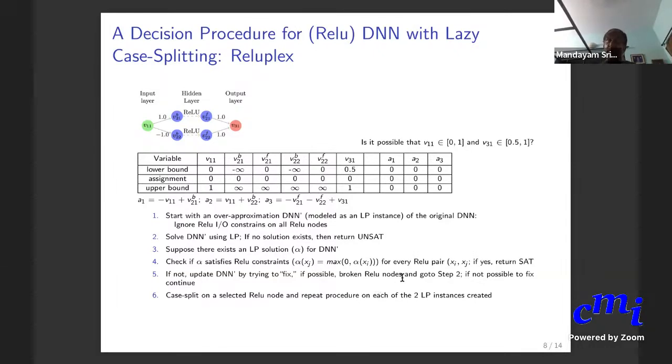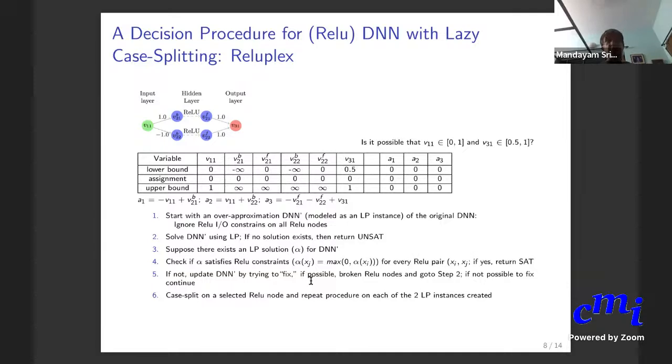But when you do that, there can be other variables which get out of bound, so after fixing that,